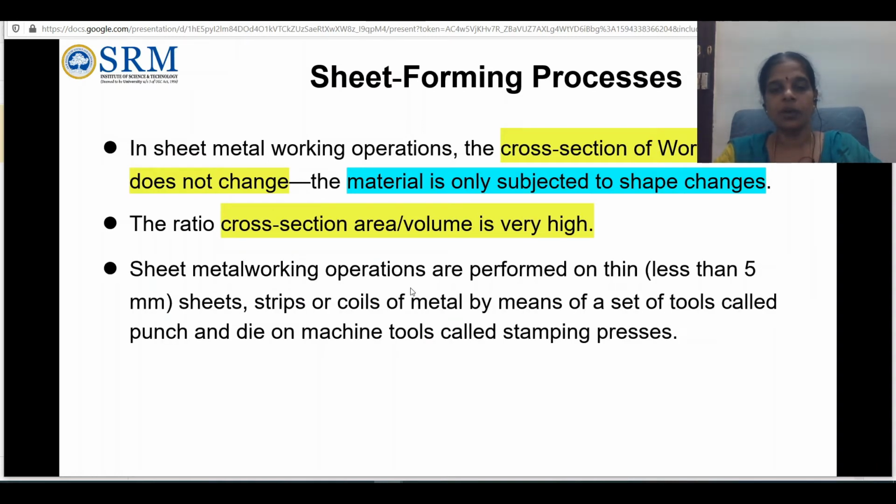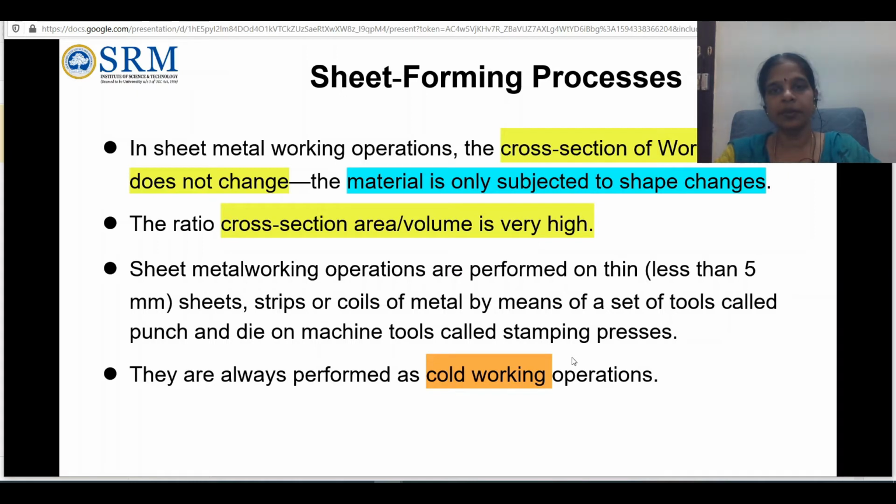So here the sheet metal working is performed on sheets or strips of coils, using separate tools called stamping presses, for drawing. You might have seen the utensils used in the kitchens. Some sheet metals are taken and formed into deep drawn cups like that. There are several applications of sheet metals. You can see the ducts, AC ducts,